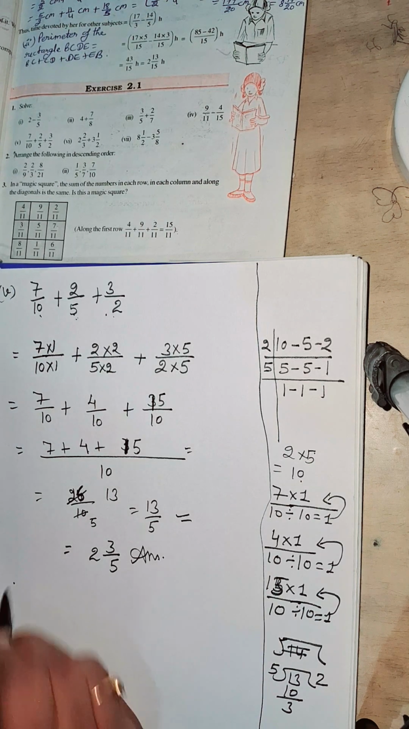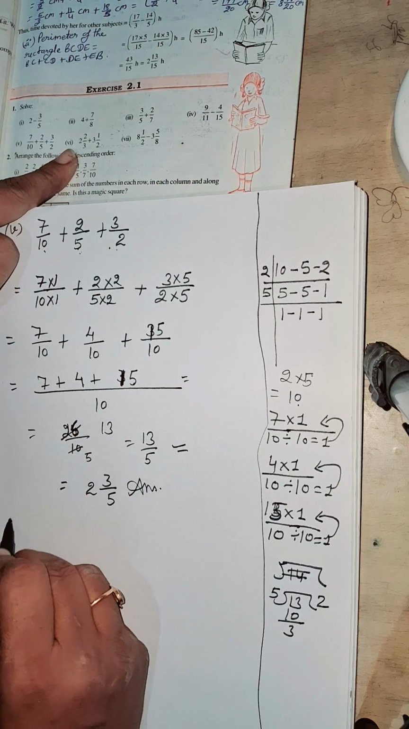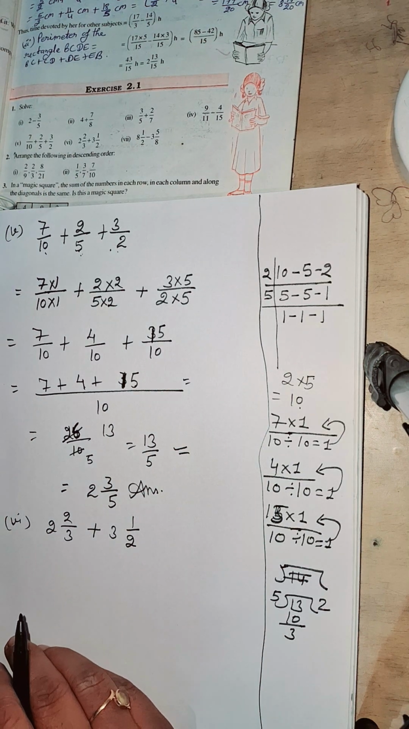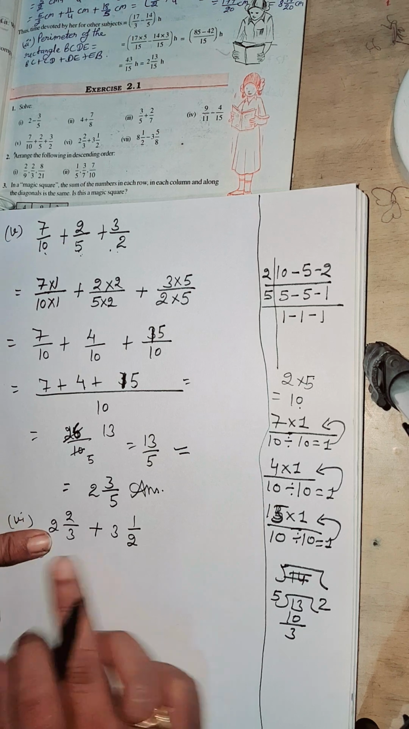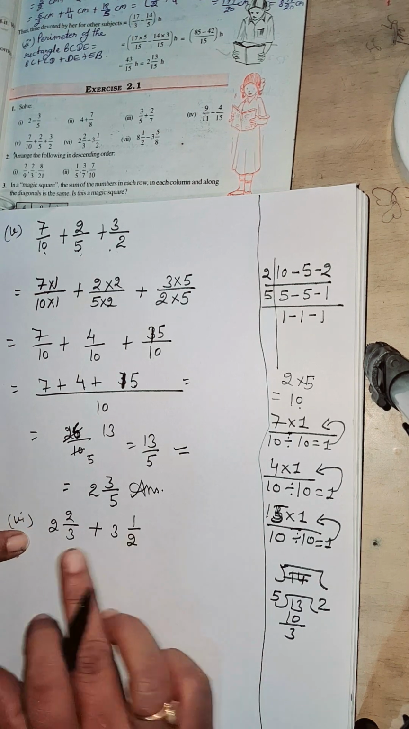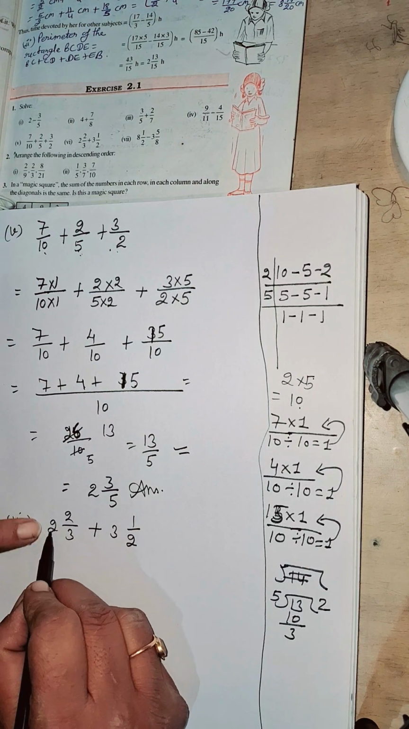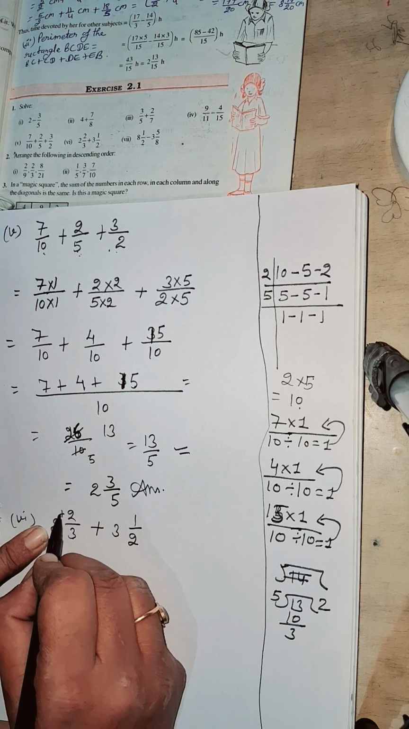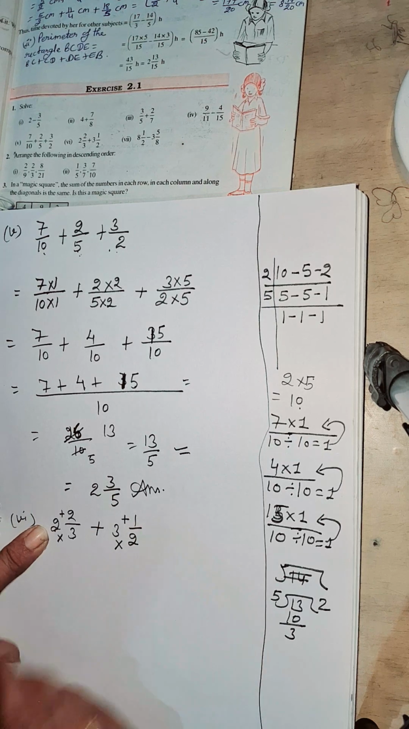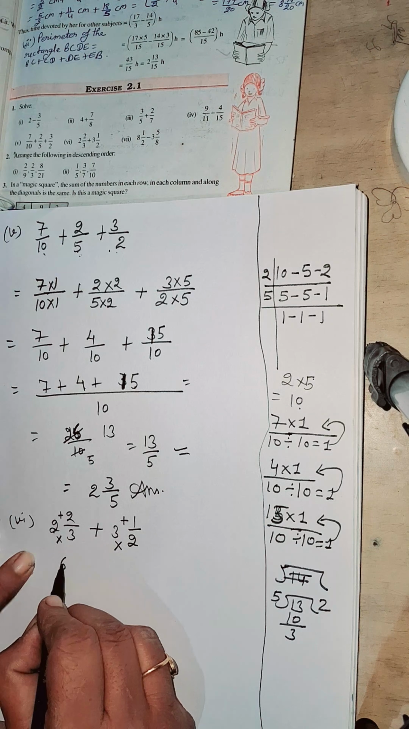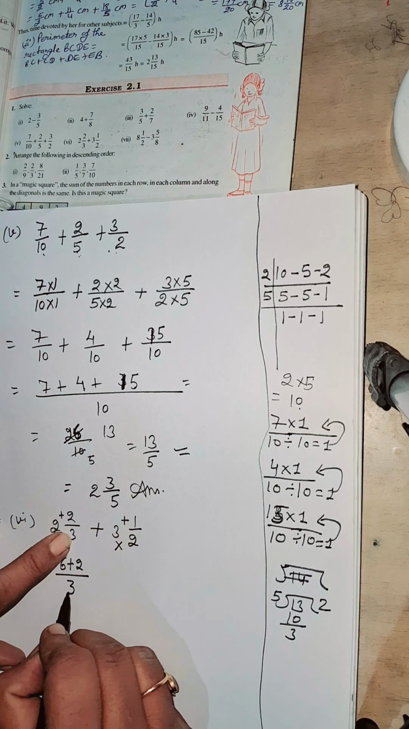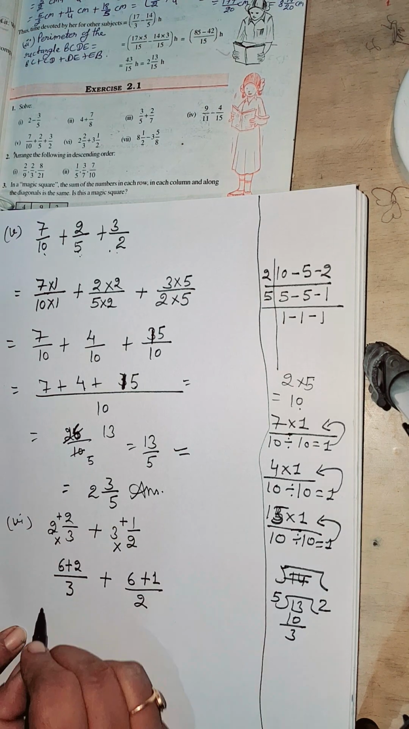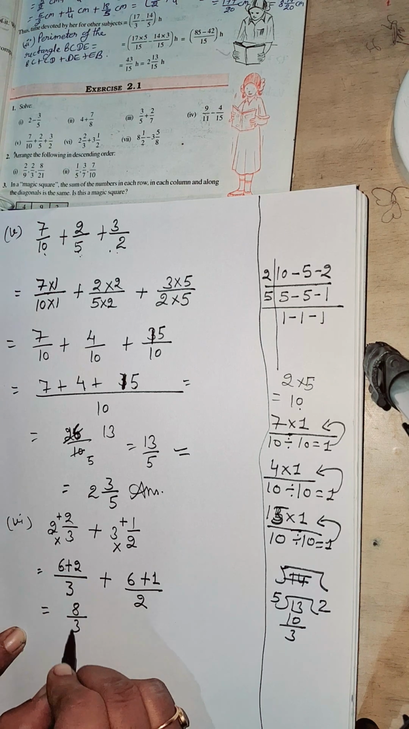The next question is question number 6. What does it say? 2 and 2 by 3 plus 3 and 1 by 2. Right? So students, here we will have mixed fractions. Do you know the formula to solve mixed fractions? Okay, I'll tell you. We need to multiply this whole number with the denominator. Right? Then what we will have? We need to add the numerator. Okay? We will put these signs here. So put these signs carefully. 2 3s are 6 plus 2 by 3. Right? Plus again 3 2s are 6 plus 1 by 2 is equal to 8 by 3 plus